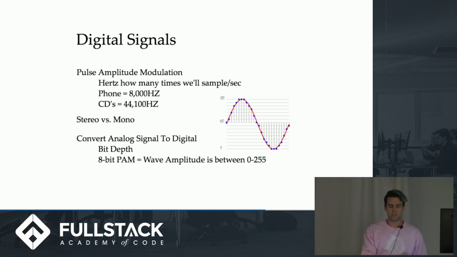The extra 4,000 is for things like anti-aliasing, which is a whole other topic. But it just gives a little bit of room to play with the sound without getting into the audible range of humans. Now, pulse amplitude modulation is